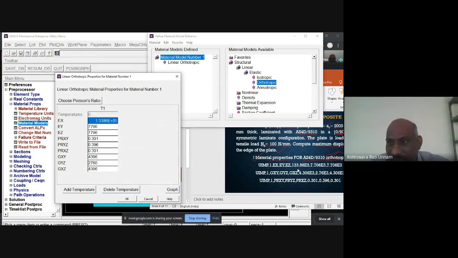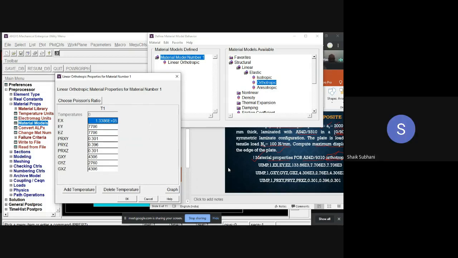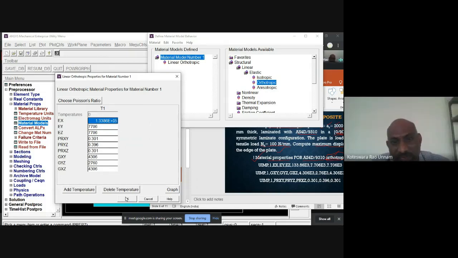Similarly, I entered these values. For Poisson's ratio, which is the last row he has given, the values are 0.301, 0.396, 0.301. So I entered those values. Then similarly, the shear modulus values GXY 4.306 E3, 2.76 E3 and 4.30 E3. Like this, you need to enter all the given material properties.